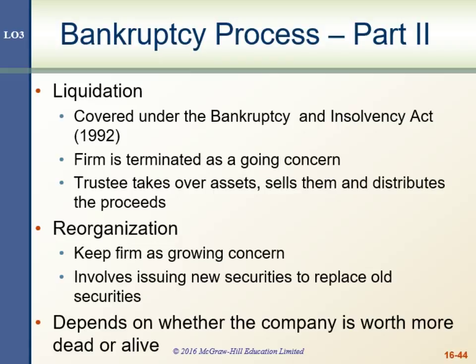An extension postpones the date of payment, so that means that we're going to pay you, but it's going to take us a little longer. Composition of a firm refers to the willingness of creditors to accept a reduced payment. And both of those are possible because the costs of actually going through bankruptcy and waiting for the whole process to be finished can be fairly expensive and fairly time-consuming for the creditors.